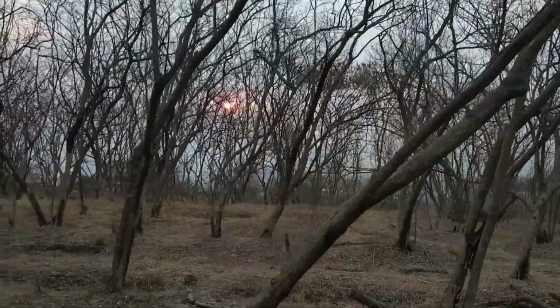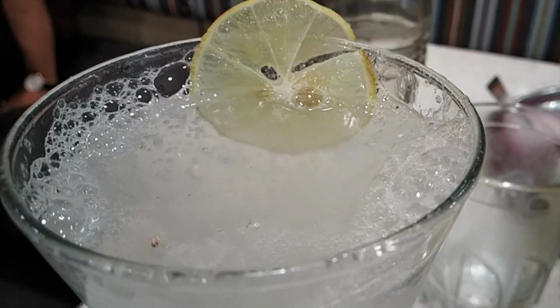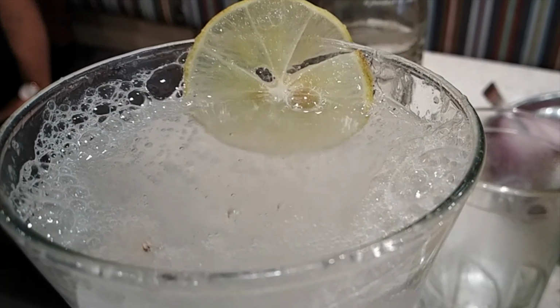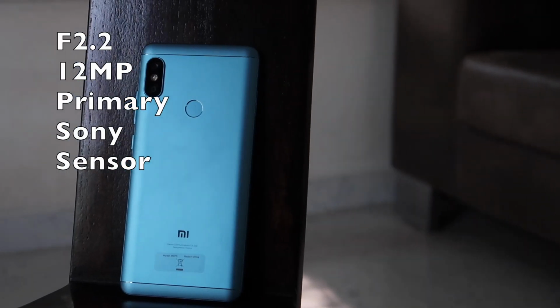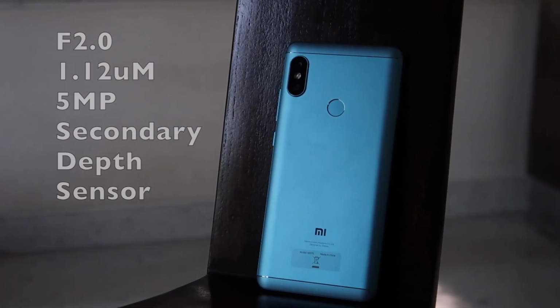Today we are going to be assessing the camera of the Redmi Note 5 Pro with the help of samples I've clicked from the past few days. The Note 5 Pro has a dual camera setup with the following specifications which are on the screen. Sadly, none of the cameras are optically stabilized and this could be bad news for extreme low light scenarios and